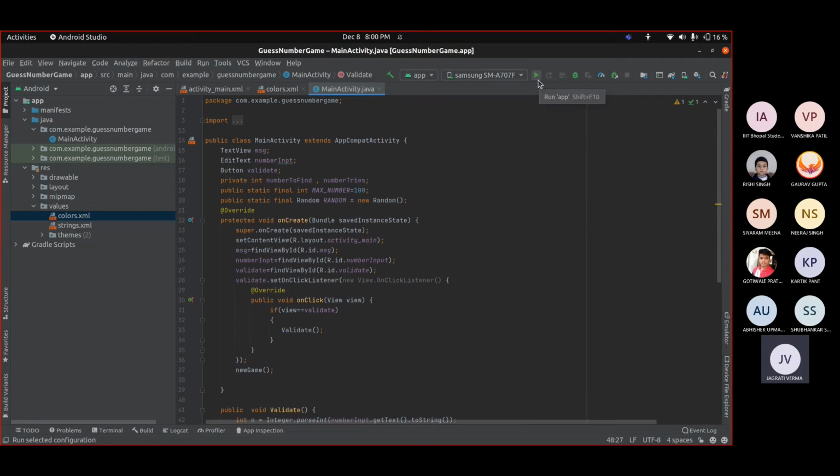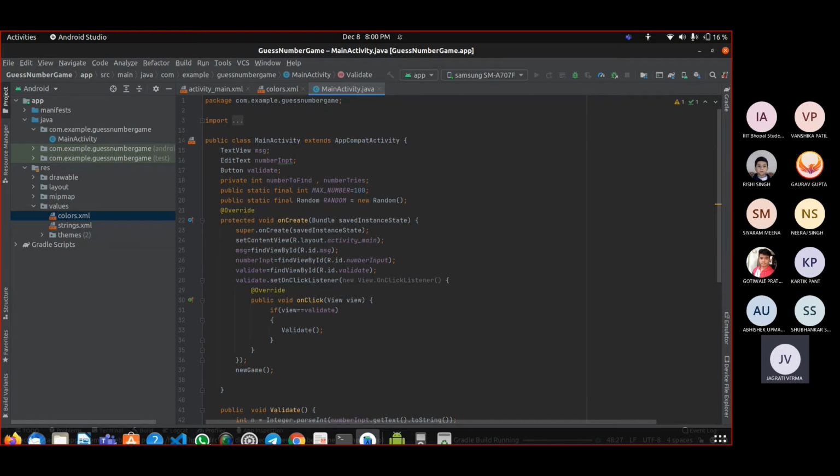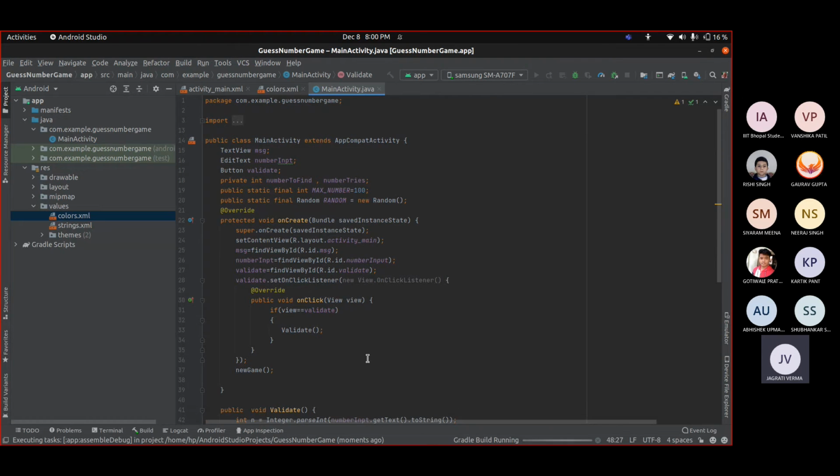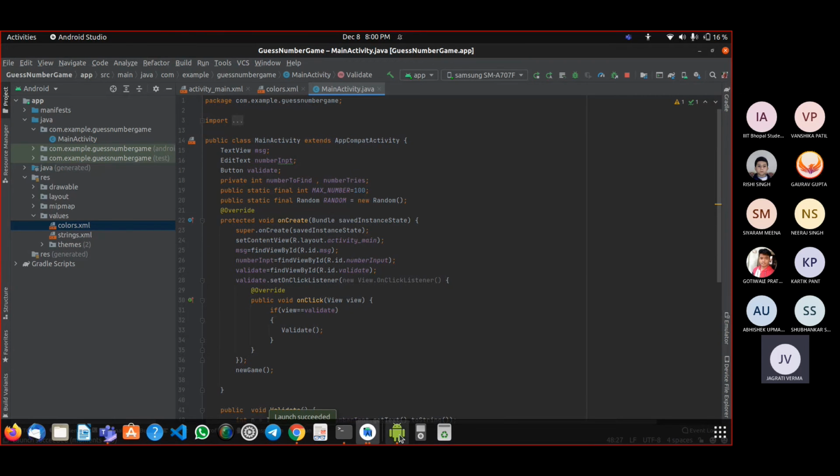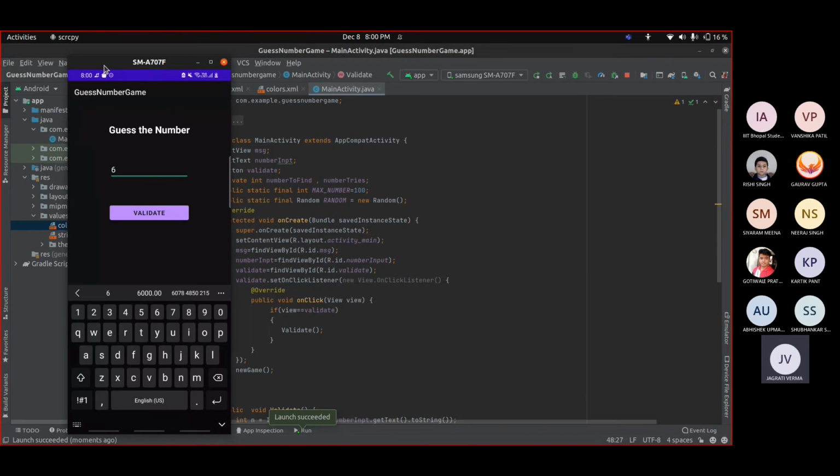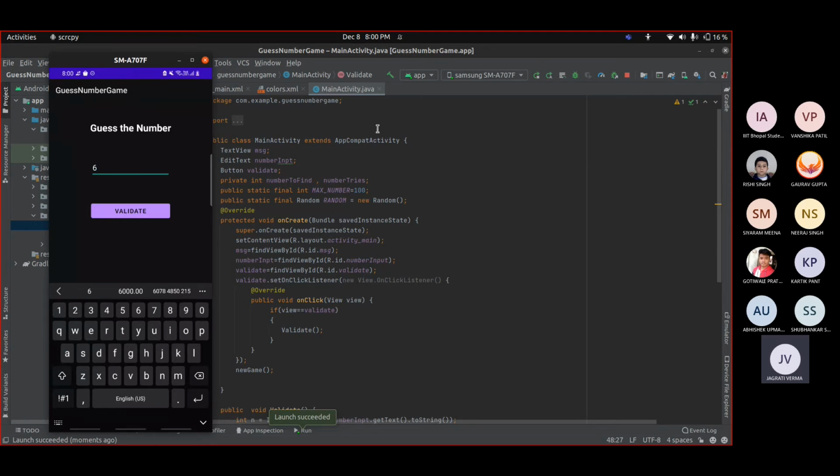Now we can also run this app on our Android devices. So let us run this application. So here we have our Android application where we can guess the number.